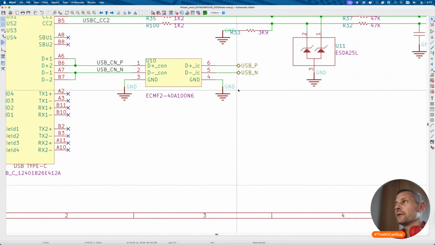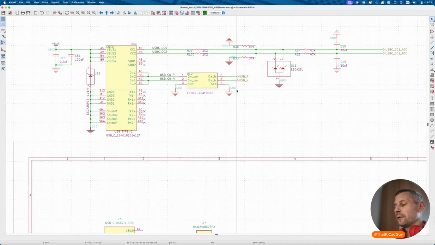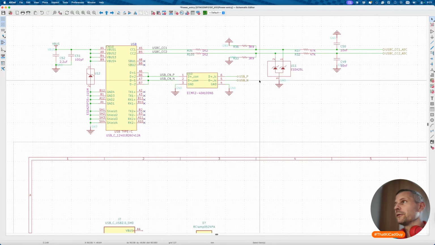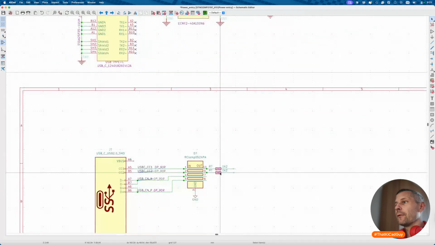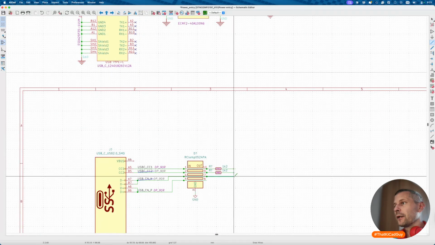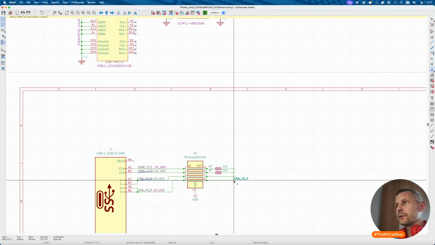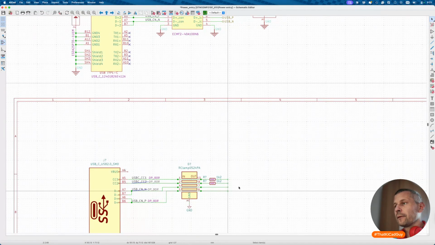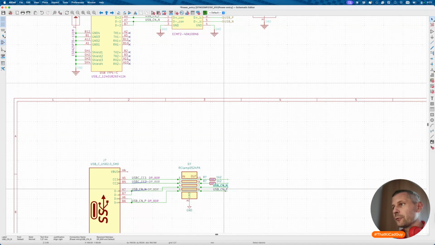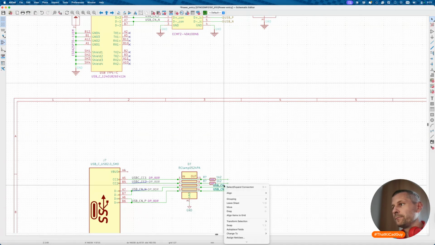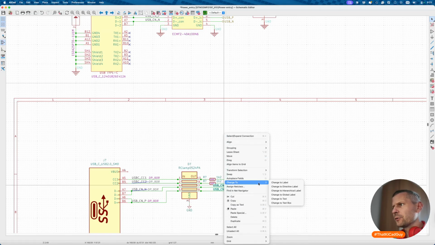Nothing, just the hierarchical labels. Do we need hierarchical labels? No, we don't. So I will use only the global labels. Yes, I need this because I want to change to global. Where are you? Change to global